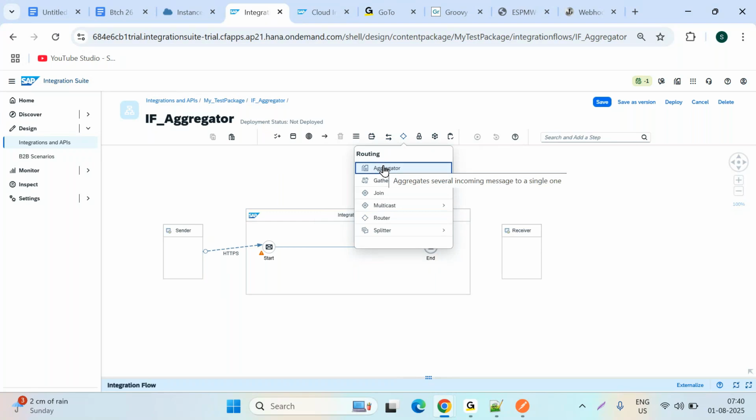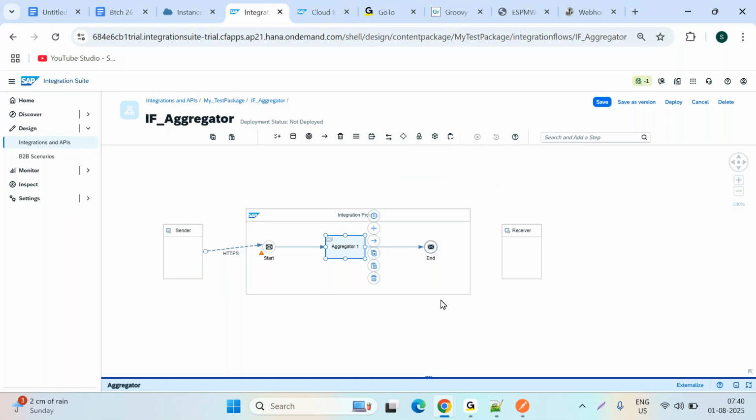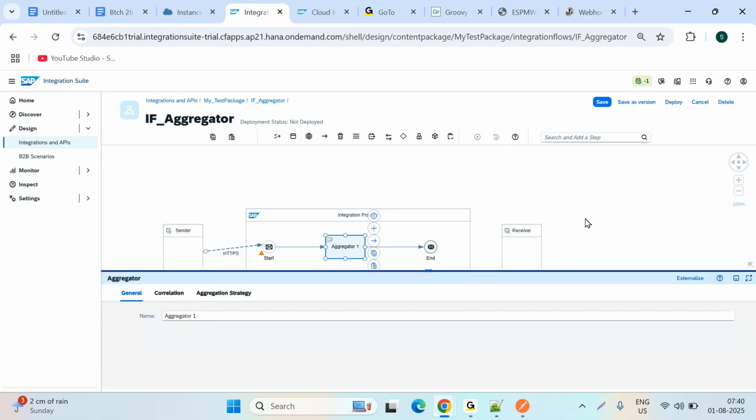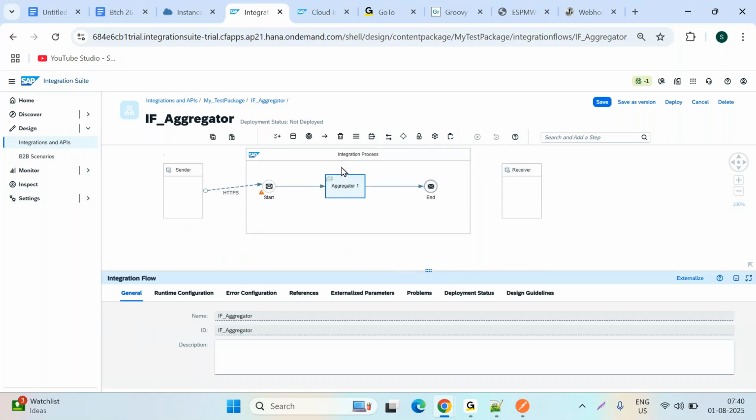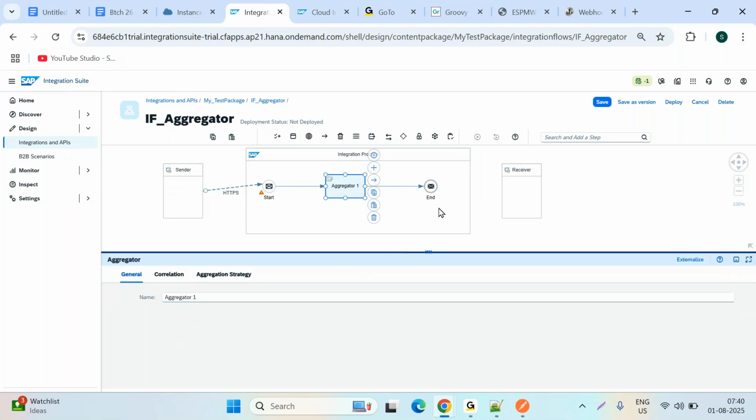What this aggregator will do is, we already discussed data store and everything, right? I will just give you a high level overview, and you try to configure it from your side. It is also a simple palette option, so you try to configure it from your end. So here, this is the aggregator, right? If you see this,